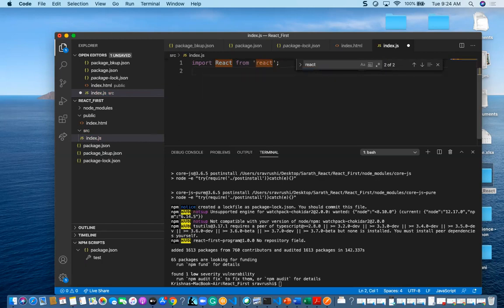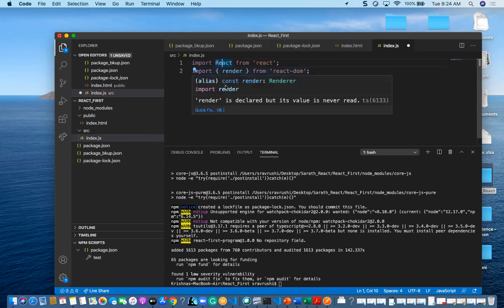And one more thing, I want to import render, which is a function, from React DOM, what we already installed. Once I give this path, it will go and fetch the particular package in node_modules because they are available globally. Now, with these two, I can create a component.